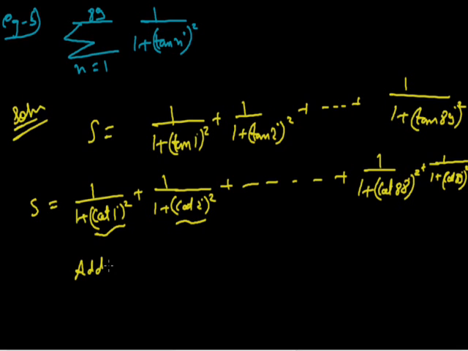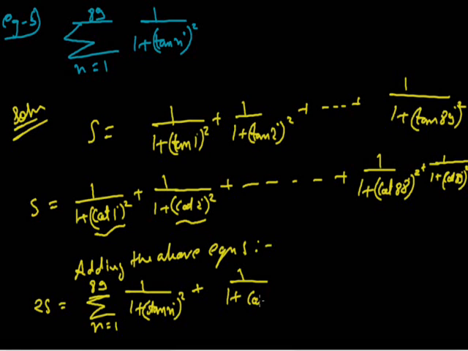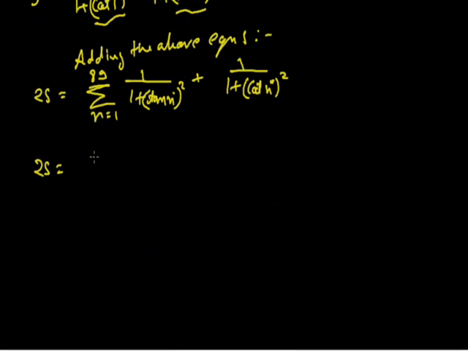Adding the above both, we will get 2s is equal to sigma n equals 1 to 89 of 1 upon 1 plus tan n degree square plus 1 upon 1 plus cot n degree square. Therefore, 2s will be sigma n equals 1 to 89 of 1 upon 1 plus tan n degree square plus cot n degree, which will be written as 1 upon tan n degree,